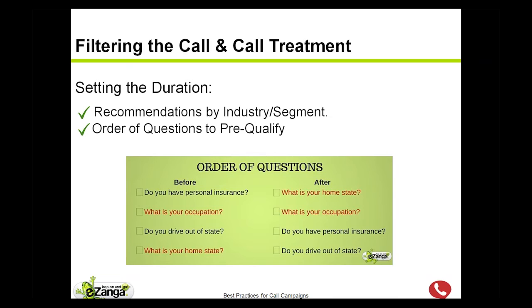That way, if we are on a duration crunch, and there are certain geos, or say you have tax debt of less than $10,000 but your offer is only for tax debt of $10,000 or more, let's get some of those questions out a little bit earlier. See if they're out of state, see what insurance they have, whatever the case is, but just make sure that we're getting it in an order that is efficient and effective.